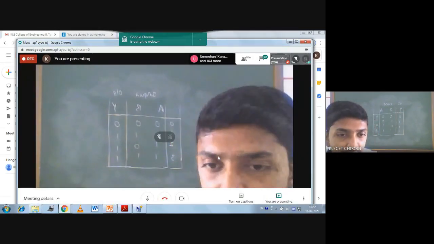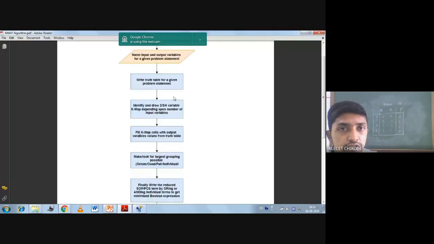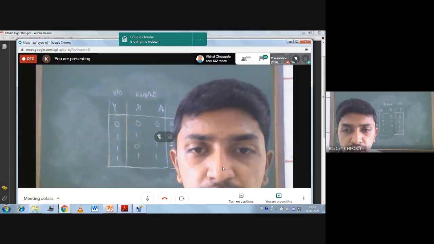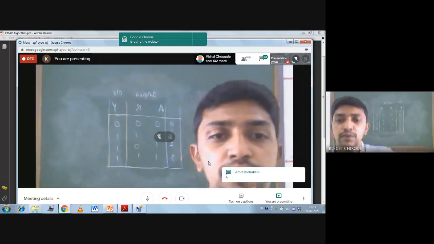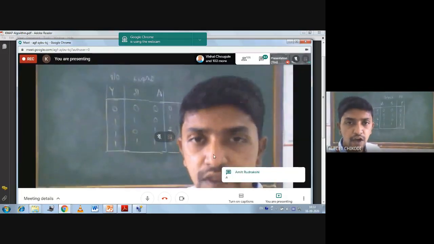So you can see that from these steps, we have directly given the first step here. Write the truth table for a given problem statement. For this problem statement we already have this truth table. Next you have to identify the K-map. It is a 2 variable K-map, 3 variable or 4 variable, and depending on that you have to draw the K-map here. Now can anybody tell me? Put a comment there. How many variable K-map it is?